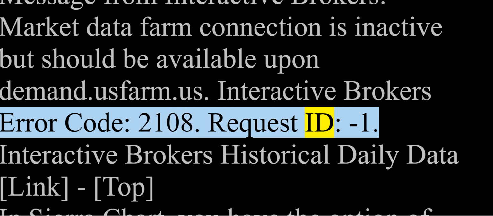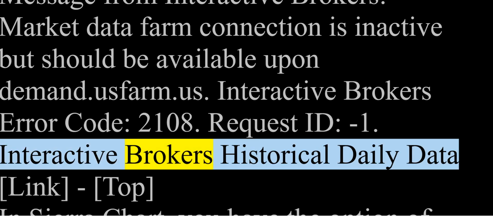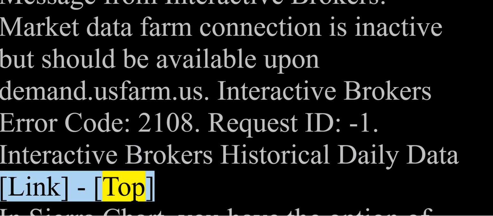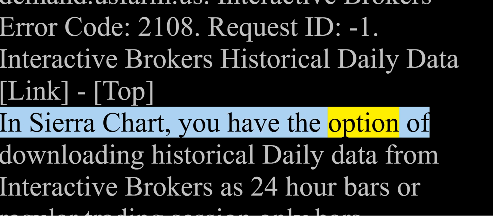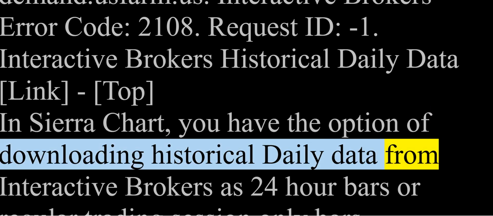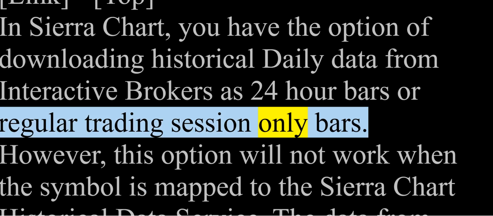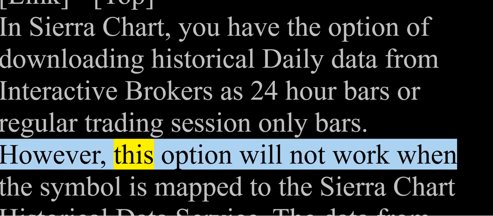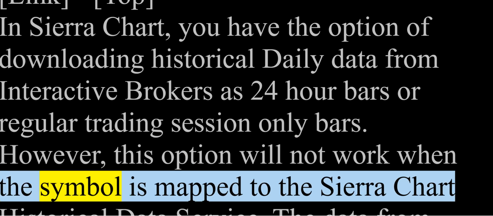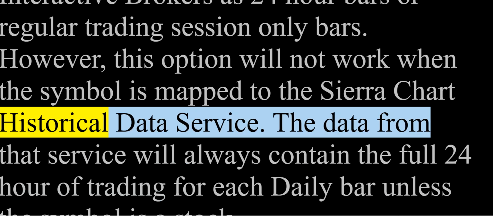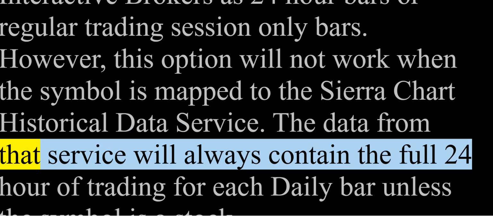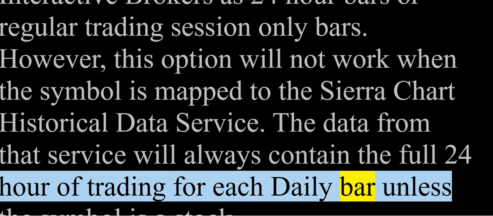Interactive Brokers Historical Daily Data. In Sierra Chart, you have the option of downloading historical daily data from Interactive Brokers as 24-hour bars or regular trading session-only bars. However, this option will not work when the symbol is mapped to the Sierra Chart Historical Data Service. The data from that service will always contain the full 24 hours of trading for each daily bar unless the symbol